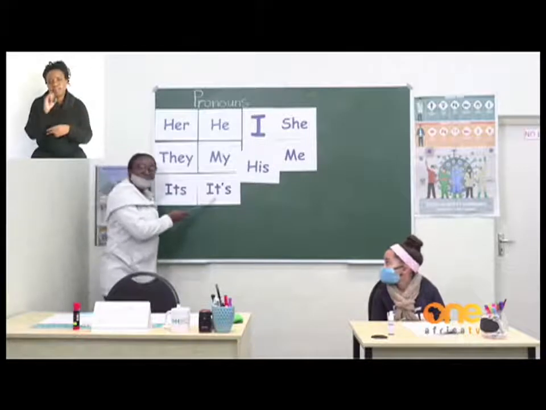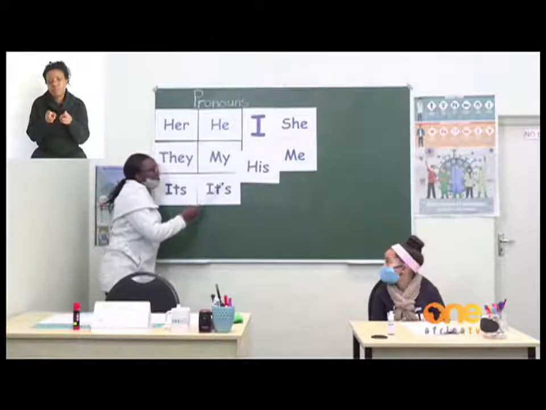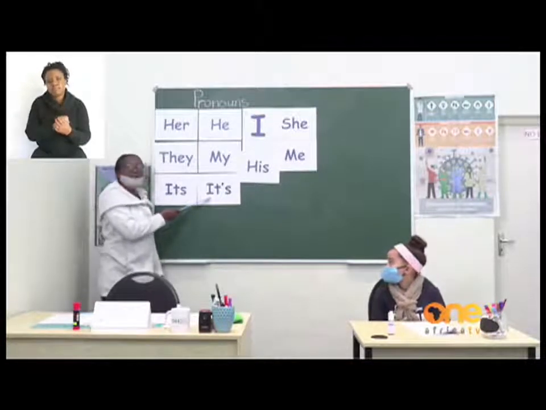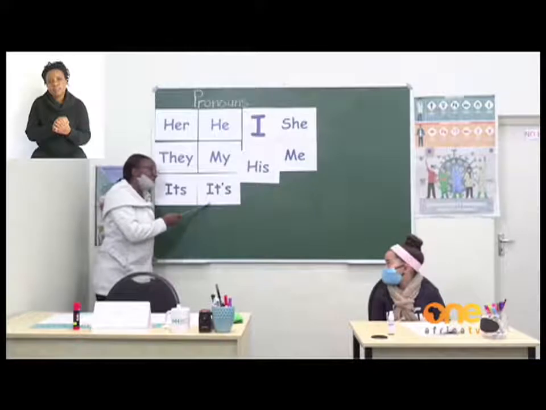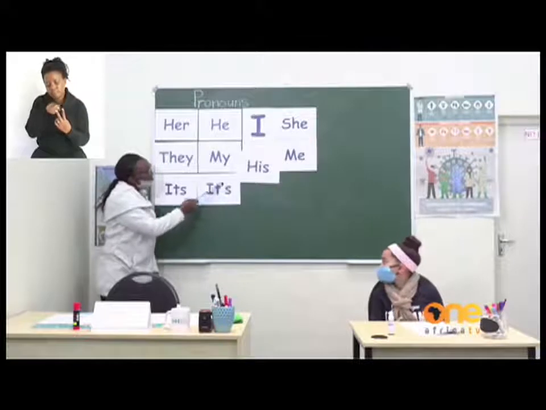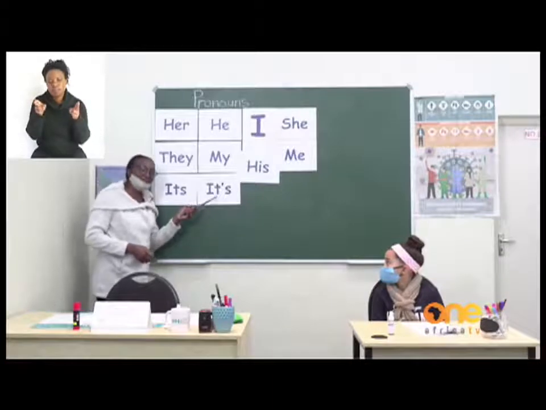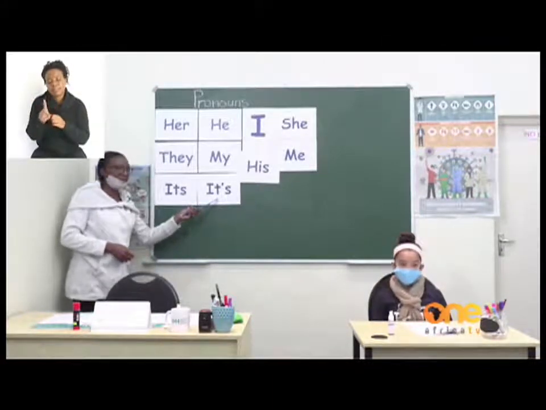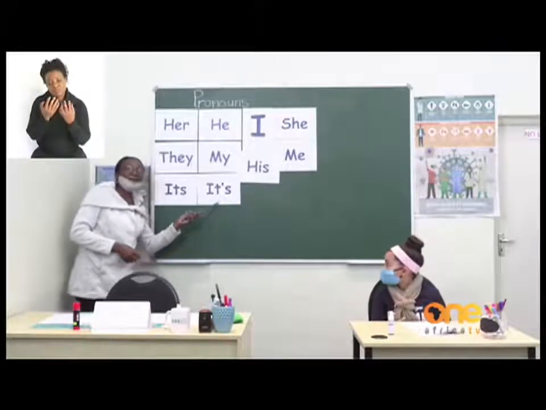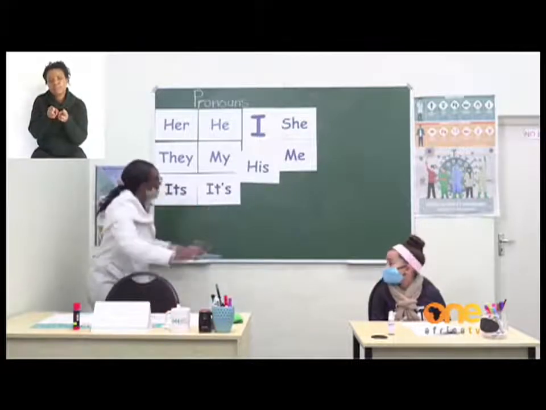And it's with an apostrophe shows contraction. This is what we call an apostrophe. Right, now, what does contraction mean? Contraction means when the word is shortened. Now, if it's with an apostrophe, it means that there is a letter missing, but it's not forgotten. Okay? There is a letter that is omitted. There was supposed to be a letter here, but it is shortened to make the word small. So this means it